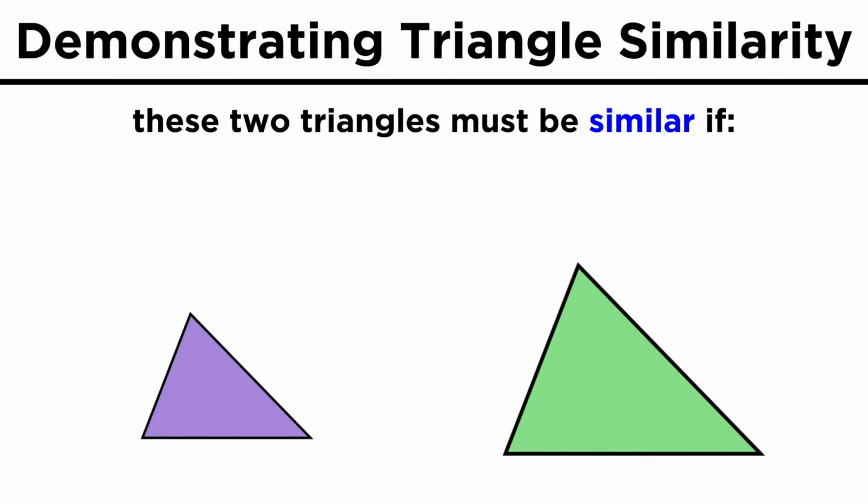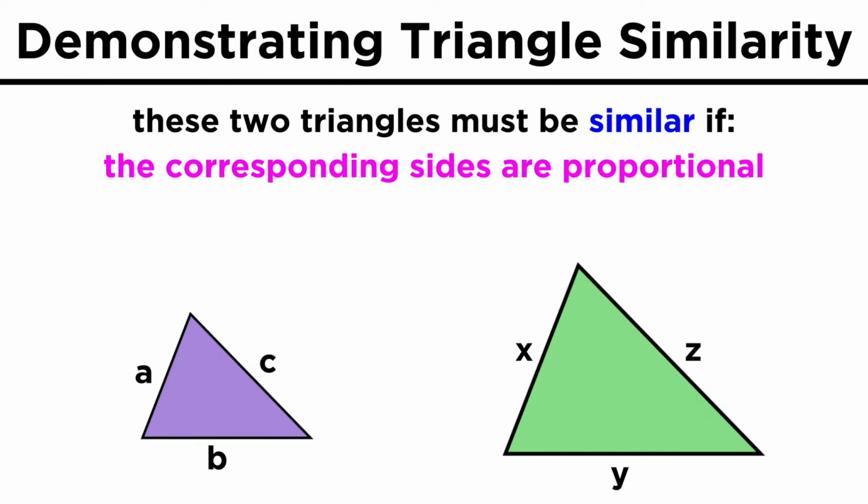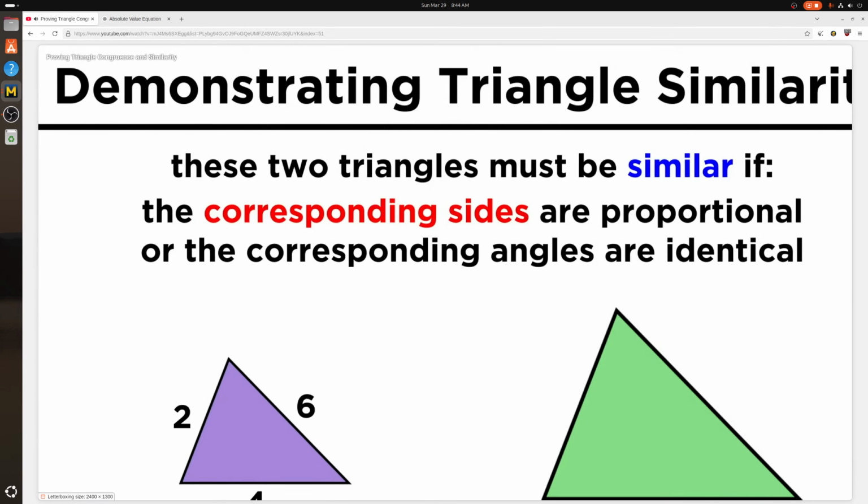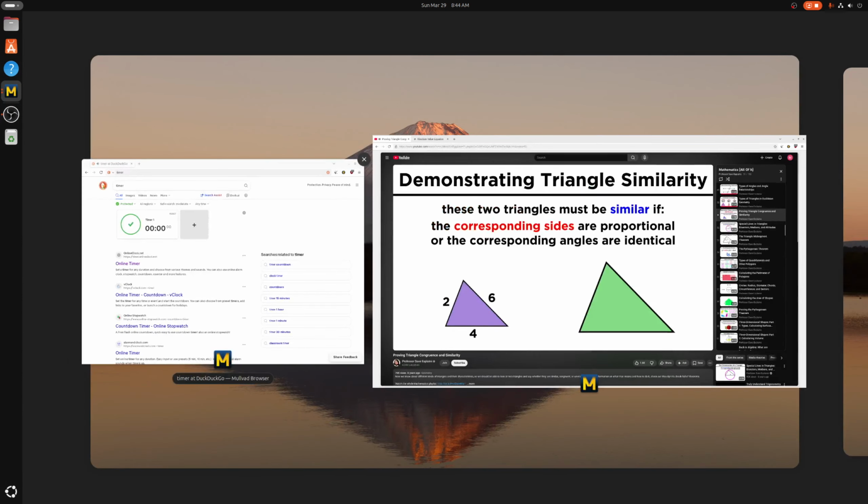Here are two triangles that look like they might be similar. We can prove they are similar if the corresponding sides have lengths that are proportional, or if the corresponding angles are identical. This means that if this triangle has sides equal to 2, 4, and 6, while this one has